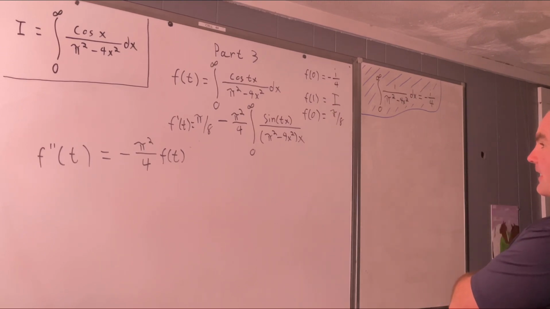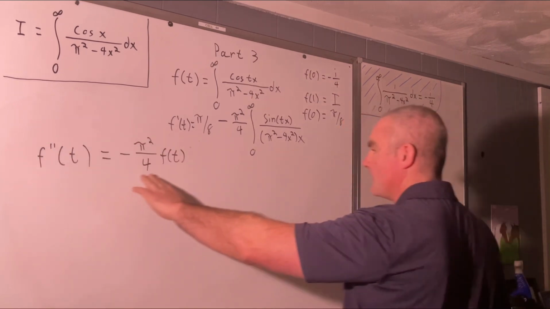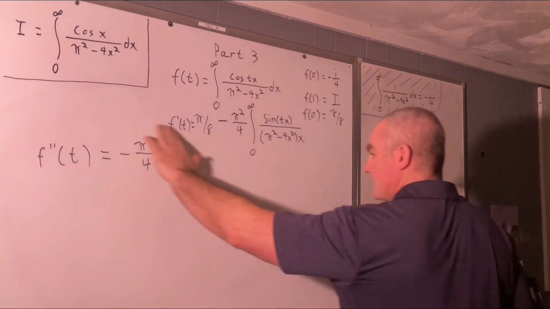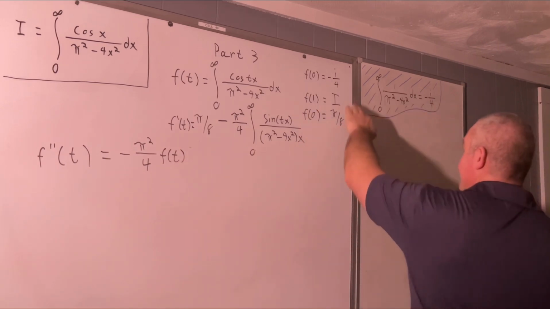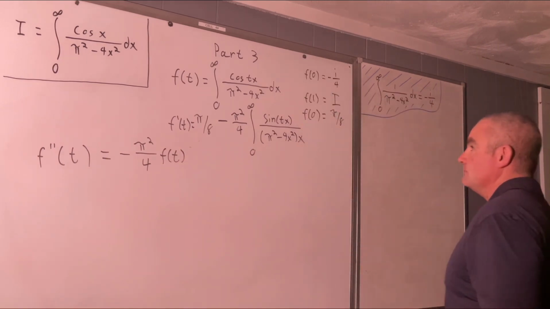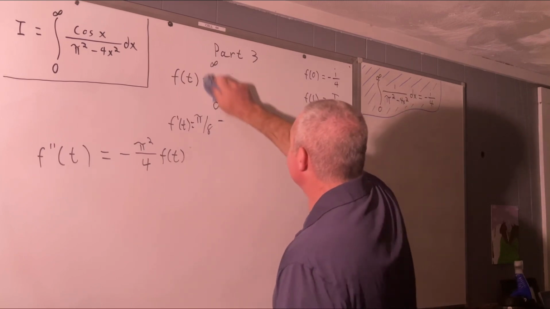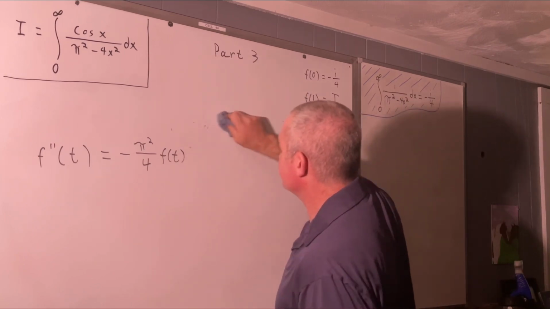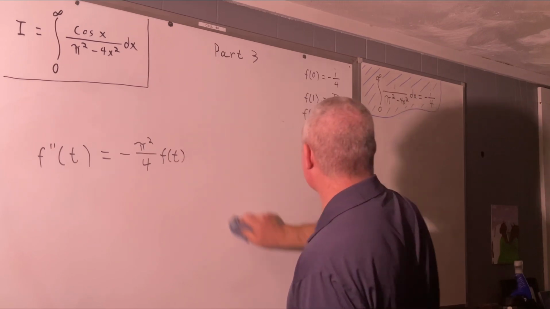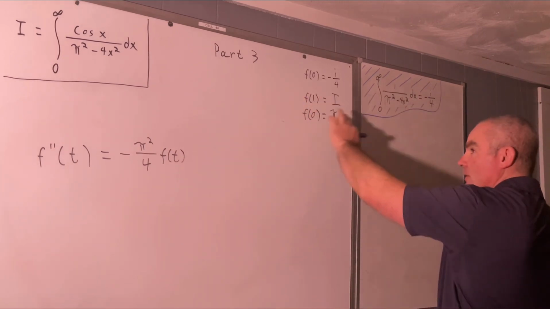We don't need anything else except for that differential equation now. We need that differential equation in order to solve for f of t, and we need these values right here. Okay. So we can erase everything else. We know that once we solve this differential equation and we plug 1 into it, we get the value of